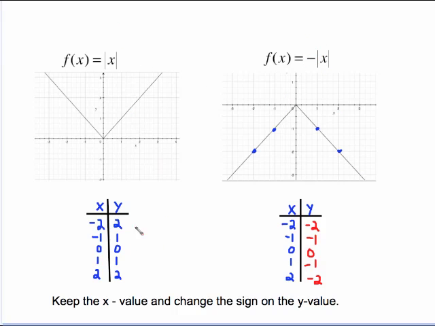And the reason that happens is, look at the t-chart numbers. These are the t-chart numbers that go with my absolute value. These are the t-chart numbers that happen right here because this says take the absolute value of x, but then make it negative. So all of these numbers become negative. So notice in the chart here, the x values are the same as they were over here, but the y values have had their sign changed. That's the only thing we have to do with that negative that's in front there: change the sign on